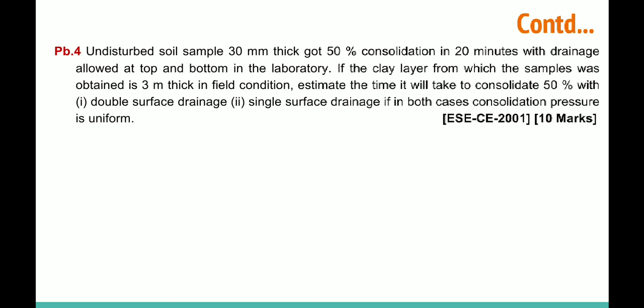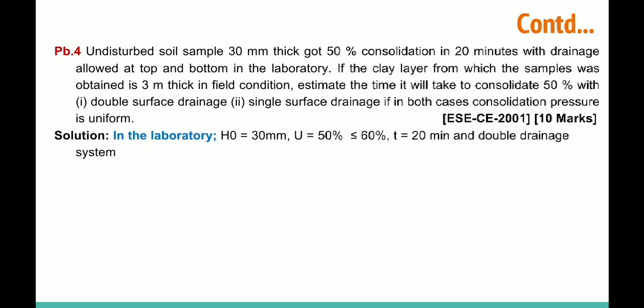So let's see, in the laboratory some data was given, like soil thickness is 30 mm, and 20 minutes it takes to reach 50% degree of consolidation, right? There is a condition of double drainage system, and then some data are asked about the field. So there is a relation between the laboratory and the field. We can use the coefficient of consolidation, which will be the same for the laboratory and the field soil, because the soil is the same. Okay, soil is the same. So now in the laboratory we have all this data, and by using this relation we can calculate the time factor.